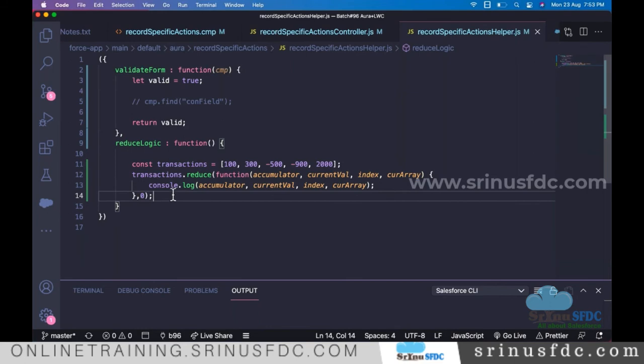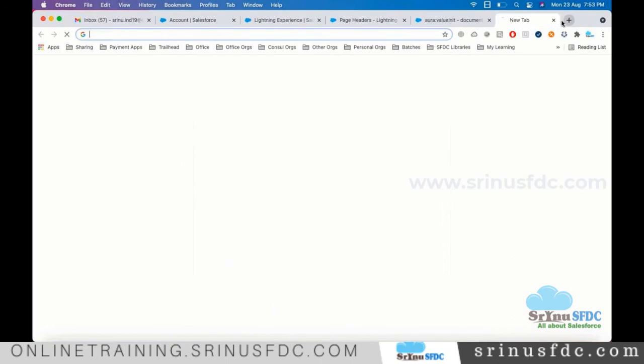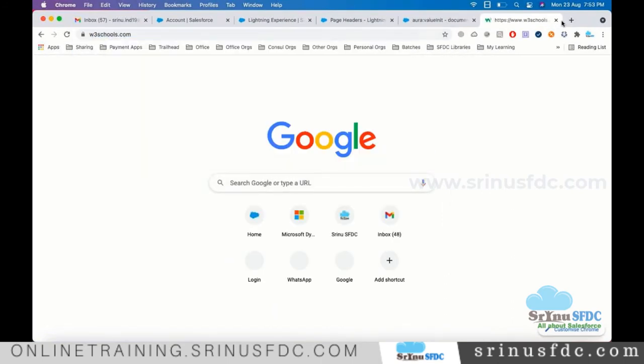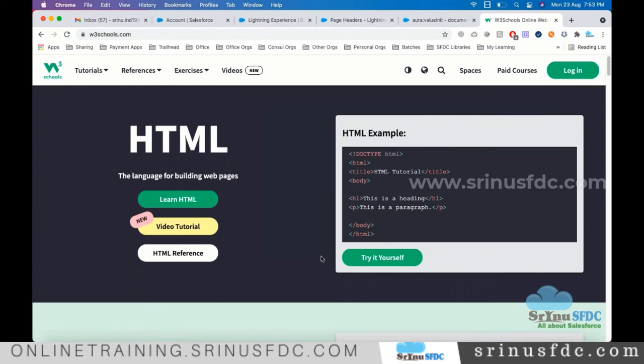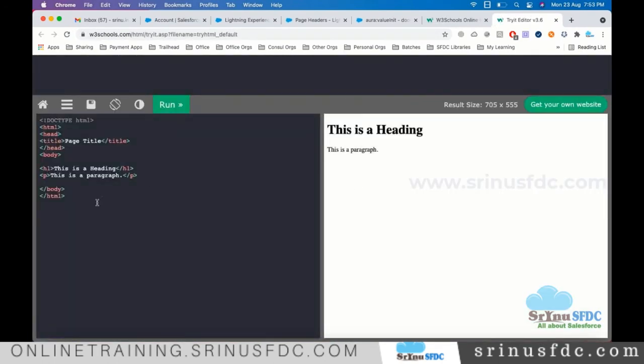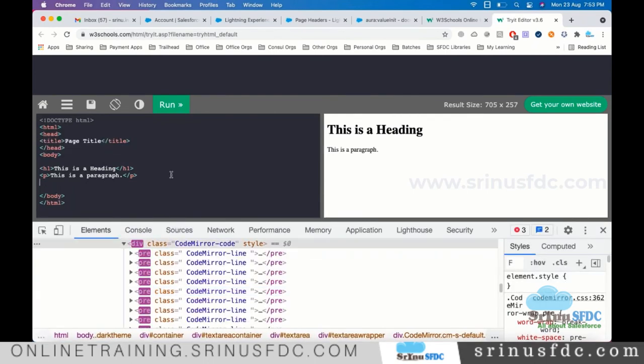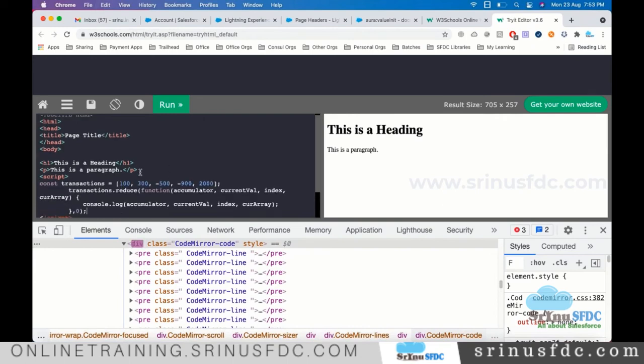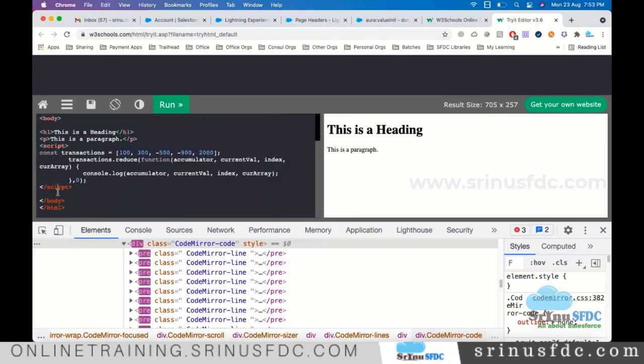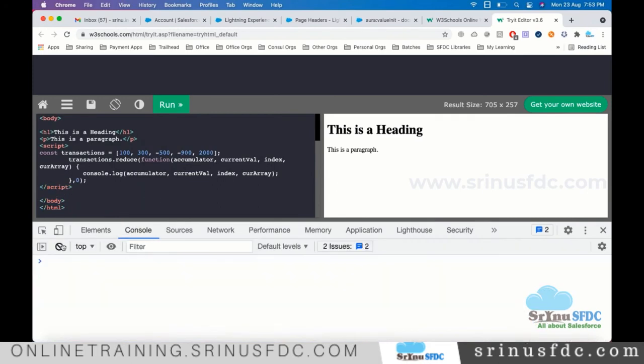To execute that quickly, I'll use W3Schools. I'm going to keep this logic inside a script tag and execute.